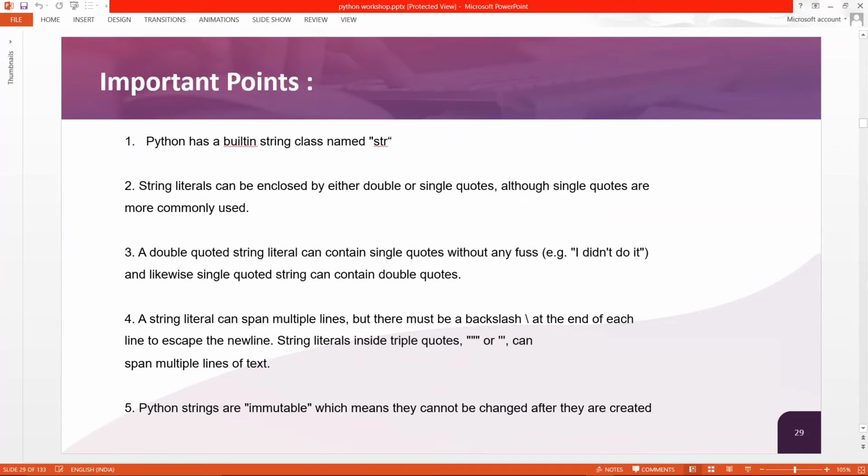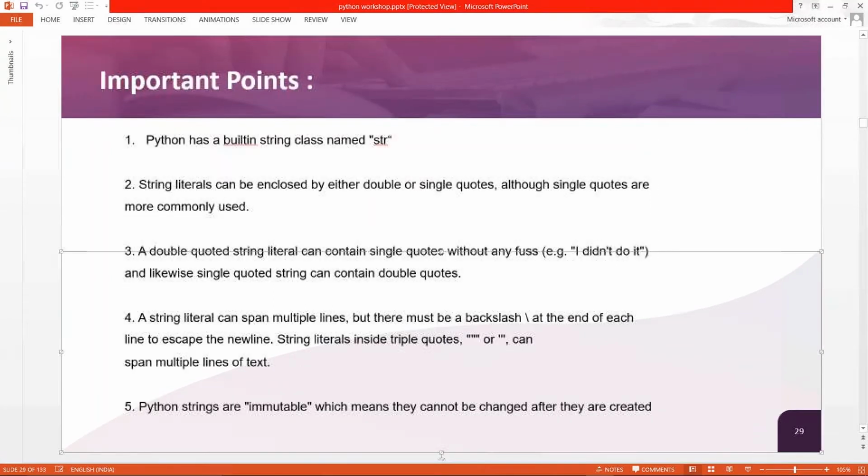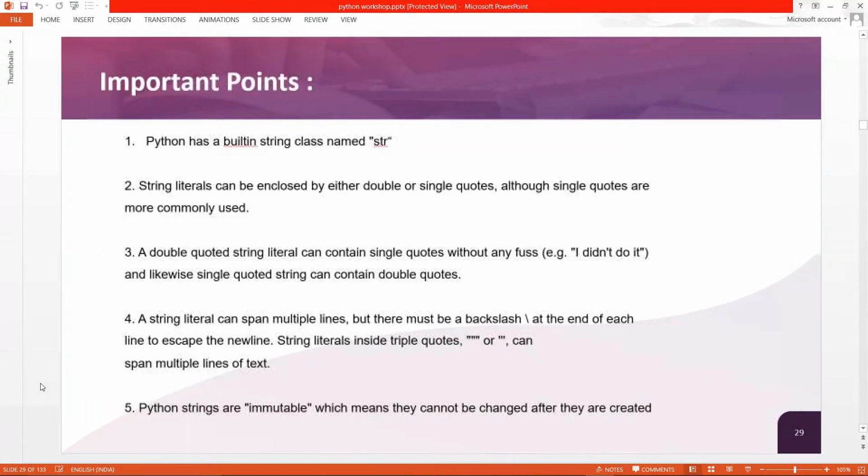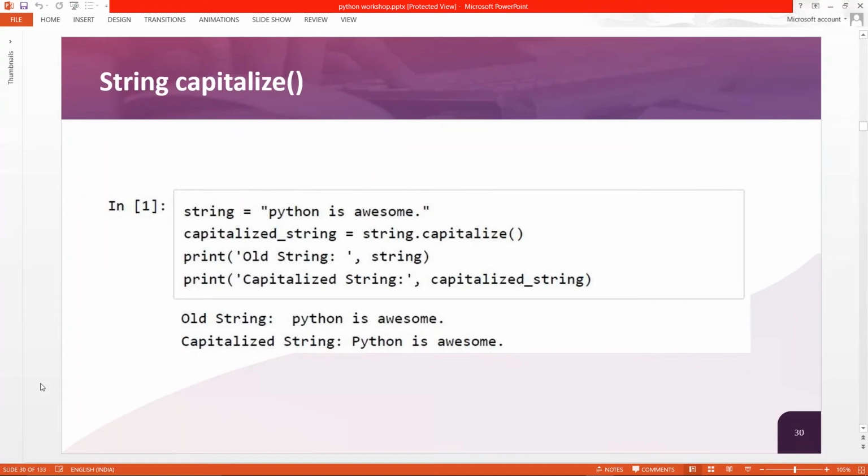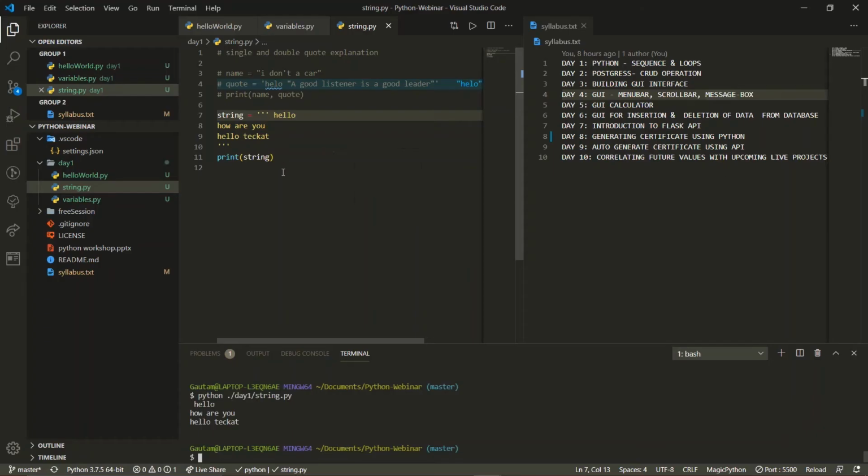So this is what we call a text part, for multiple lines with triple quotes. So we have done this. Now we could move forward. Now we have several functions over here. We will skip some of these as they are very simple. String dot capitalize. See, this dot is used for the function we want to use over here. So I will explain some of those, like the capitalize function. What does it do?